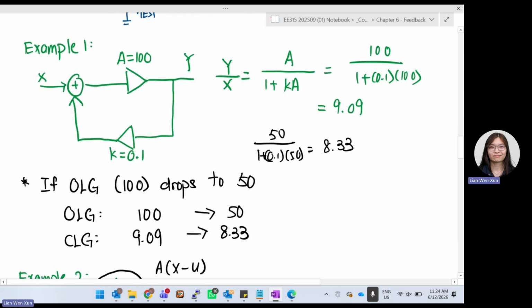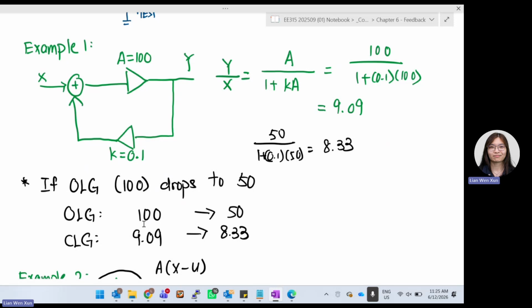Okay, we look at one example over here. We have our open loop gain to be 100, and your feedback K to be 0.1. We already know that Y over X, our open loop gain, is 100. Very good. Then our closed loop gain is A over 1 plus Ka. So we substitute the values inside, and we get 9.09. So my gain actually degrades by a lot. You can see this part initially is 100. Now my gain degrades by so much. So that's the bad part of your